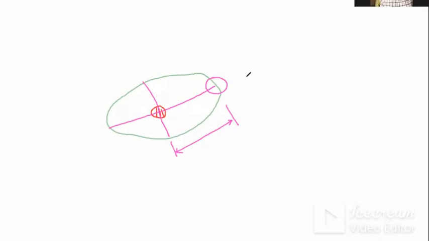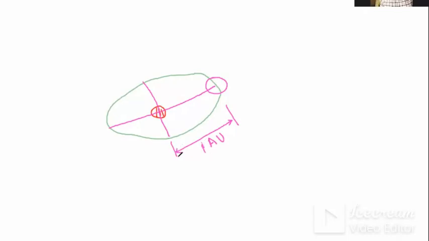The doubt is, is light second the distance covered by light per second? Yes, you are right. Light second means the distance traveled by light in 1 second. What I'm telling is the semi-major axis. This pink line that you can see is your semi-major axis, and this distance is equal to 1 astronomical unit. So this is the distance between sun and the earth.